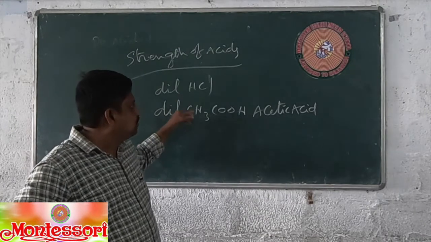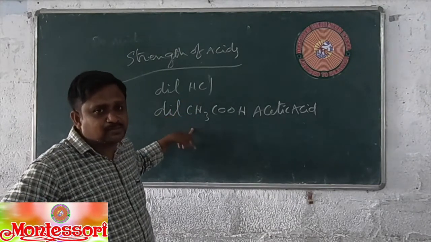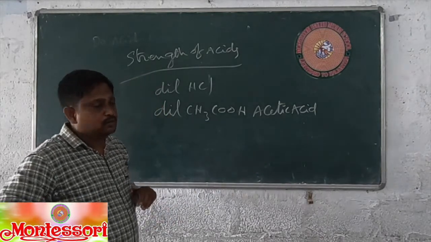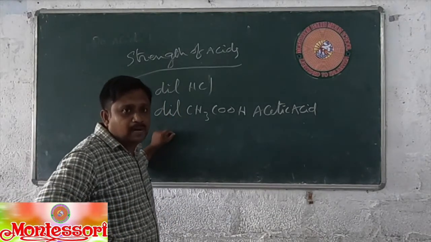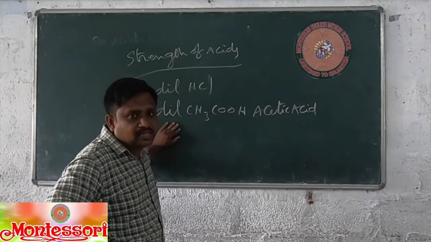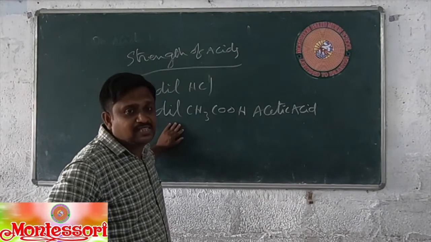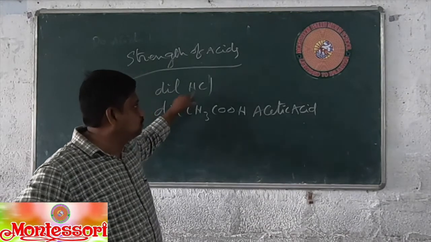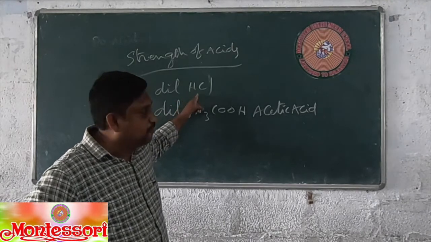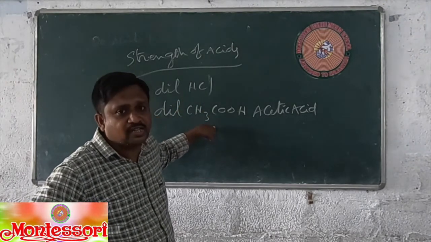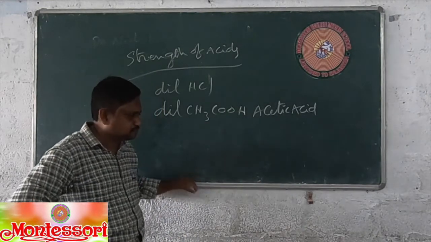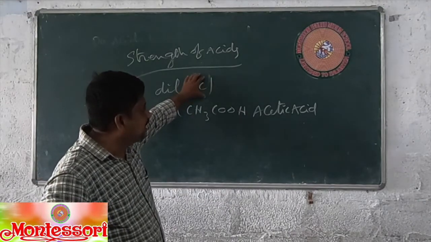See both these activities separately and observe where the bulb glows high. When you add HCl, the bulb glows high. When you add CH3COOH, the glowing intensity is low. When you see in HCl solution, the bulb glowing intensity is more when compared to the CH3COOH solution. What is the reason behind them? Why does the bulb glow brighter in HCl